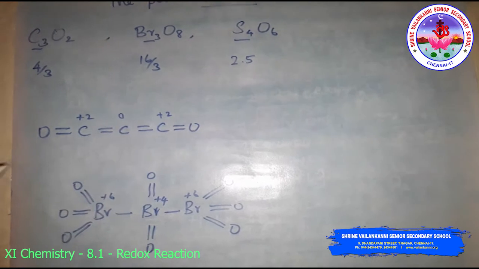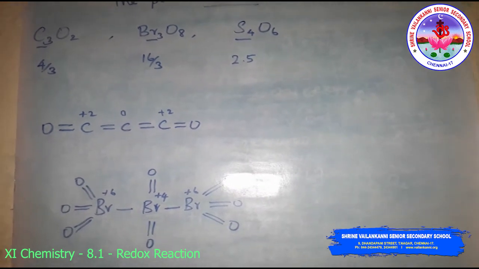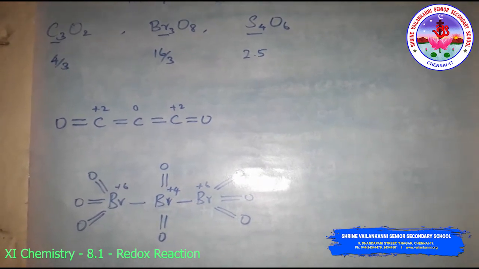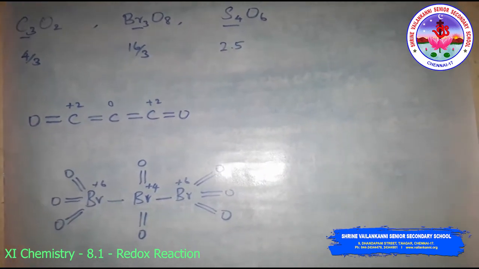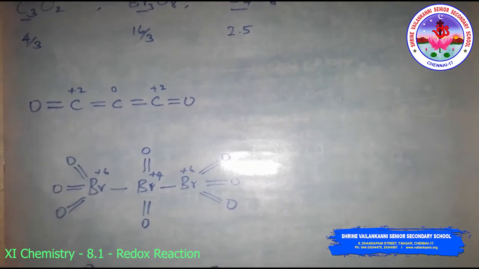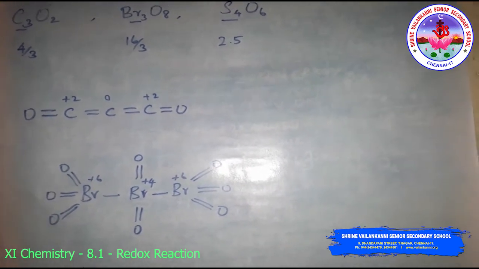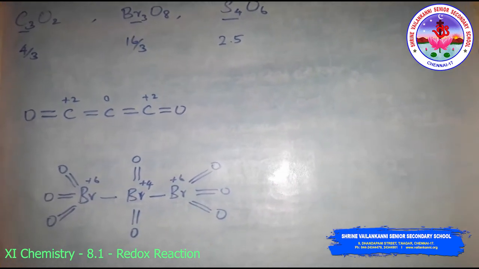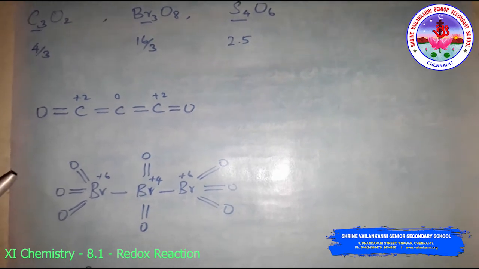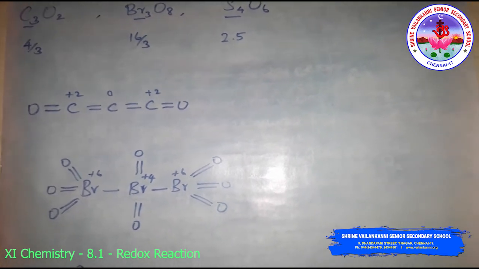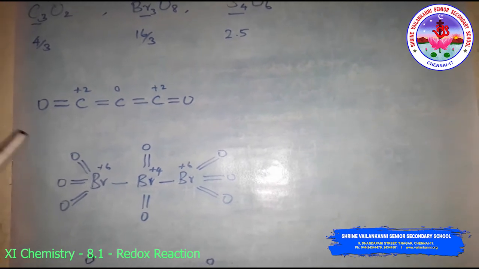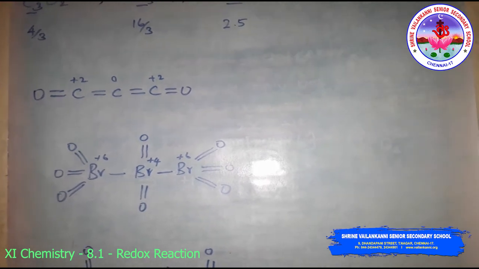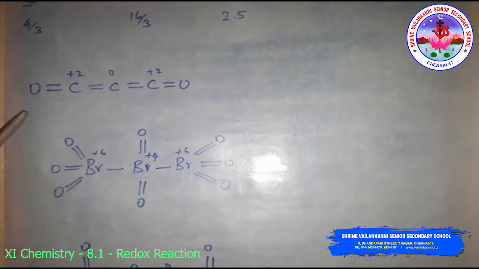Okay. Now we'll see. We know that the idea of a fractional oxidation number is unconvincing to us because electrons are never transferred or shared in fractions. Actually, this fractional oxidation state is the average oxidation state of the element under examination. The structural parameters reveal that the element for which a fractional oxidation state is realized is present in different oxidation states.